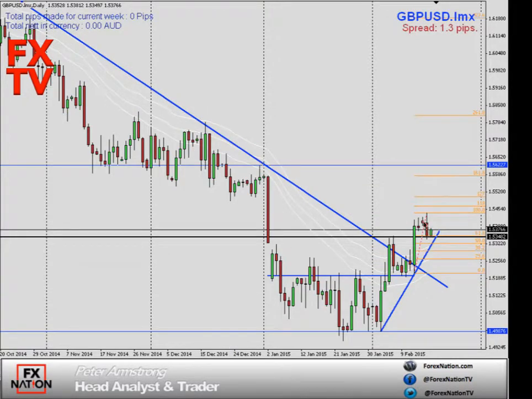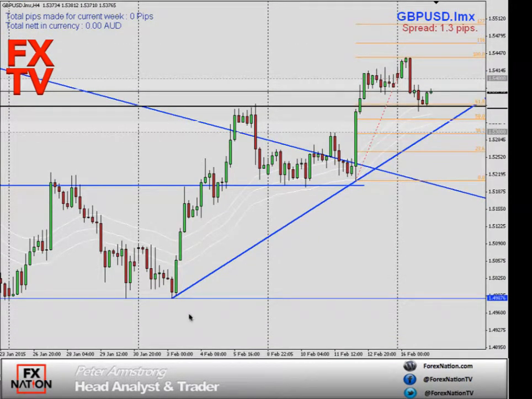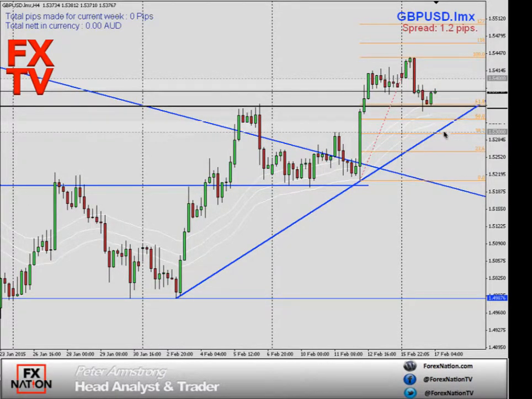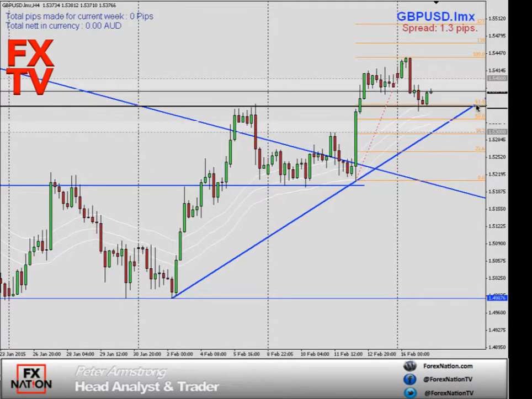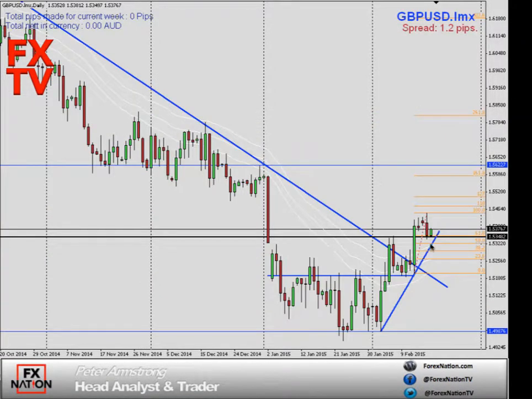The Great British Pound came off last night, and as I said in my video yesterday, we've got this uptrend which is in full swing, and if we did get a pullback coming back near the uptrend line, it would be a perfect opportunity. And it just happens that the market has bounced. If I pull a Fibonacci from the high to the low, we have a historical resistance level potentially now becoming support at the 61.8 Fibonacci level. We could get a bounce off here with good data tonight, break through the $1.54 and continue on targeting $1.55. So that's something to keep in mind, and that's a trade that I'm definitely interested in.